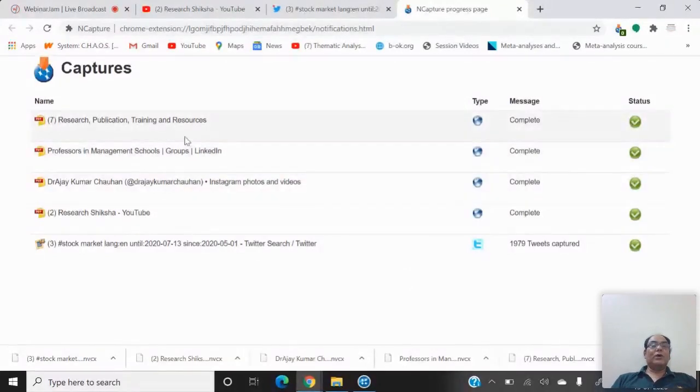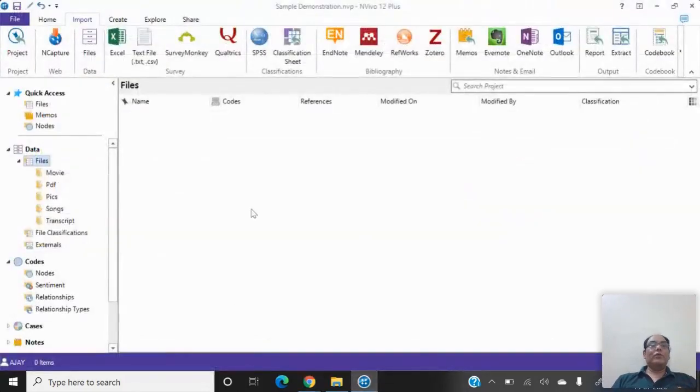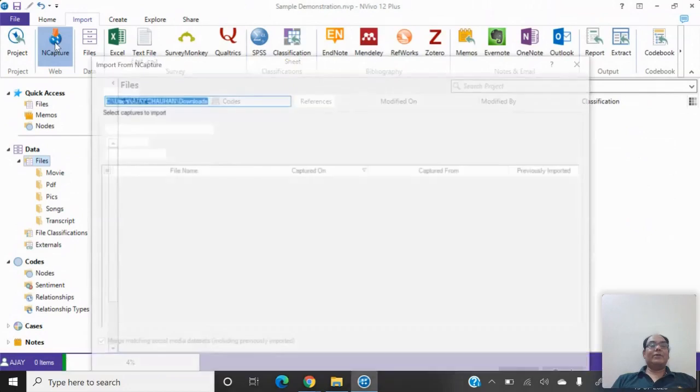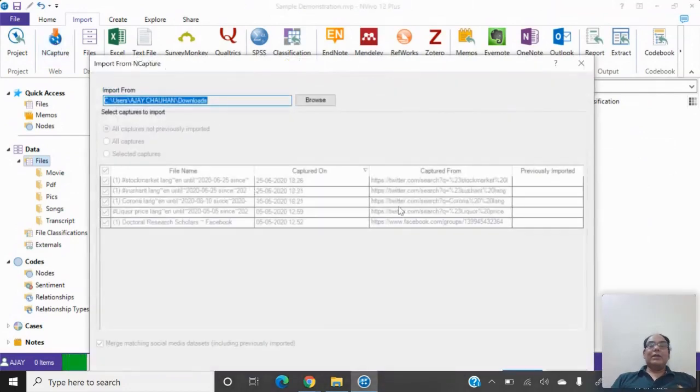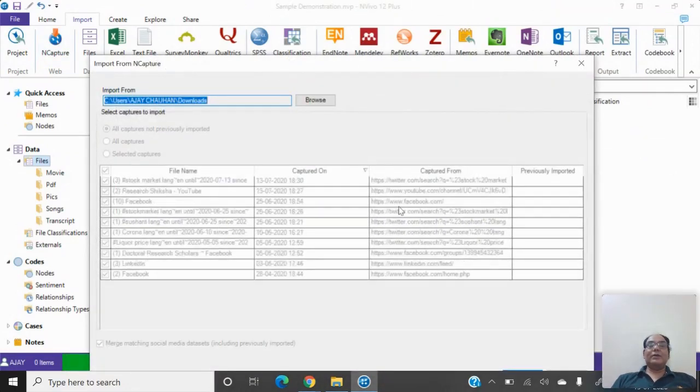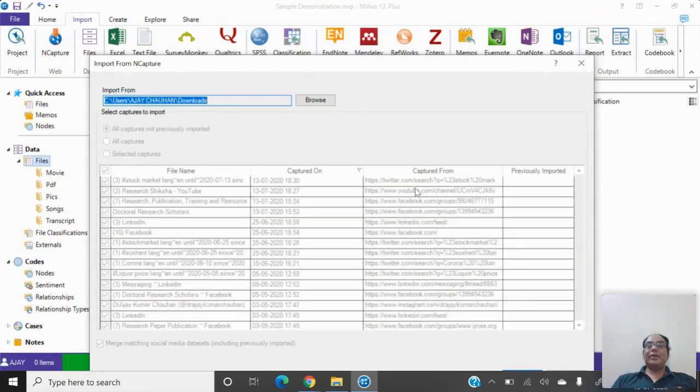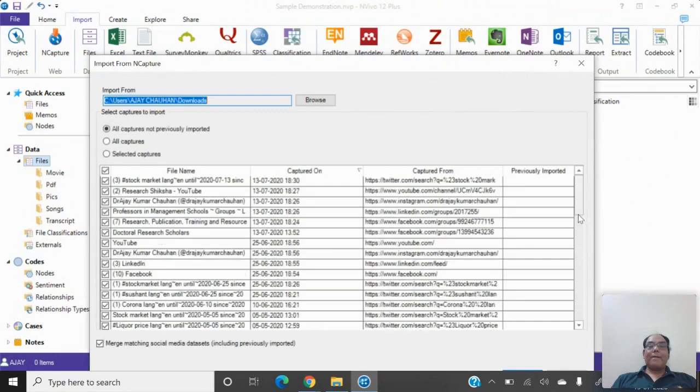Okay, so in this case, you can see that I captured different pages from the different social media, and now I want to download or import all these data sets in my NVivo. So this is my NVivo. Again, I click on the N capture. Now the software is showing me the different social media pages you downloaded recently. But I'm not interested in all the data sets.